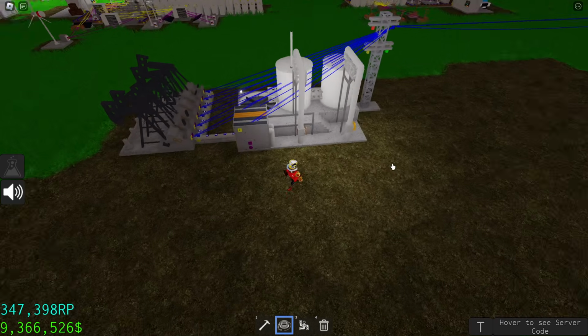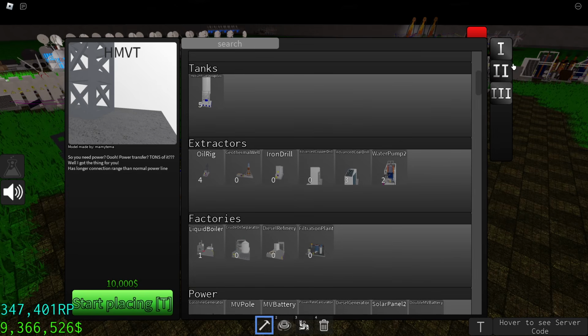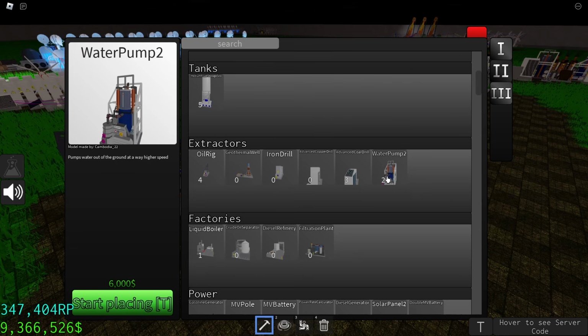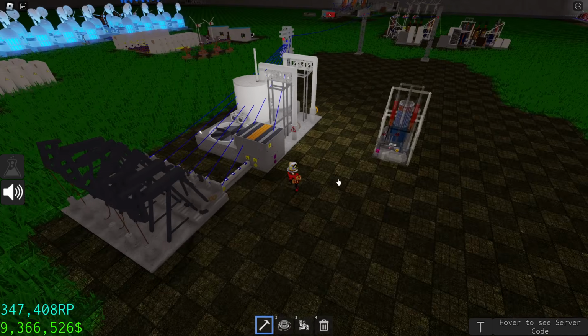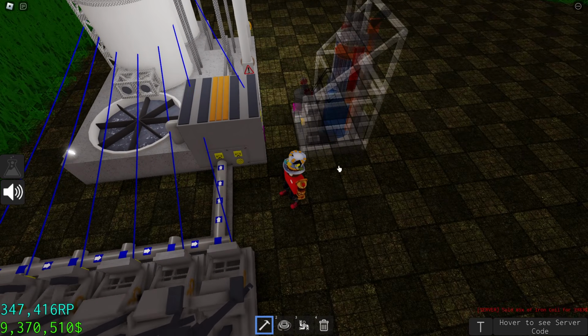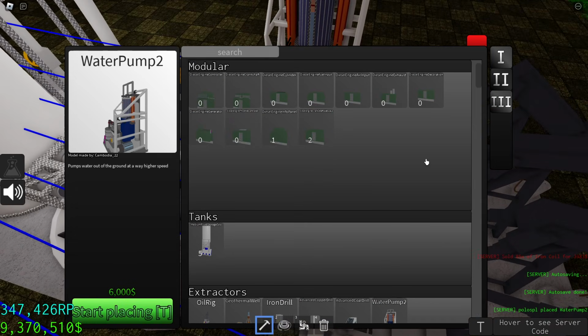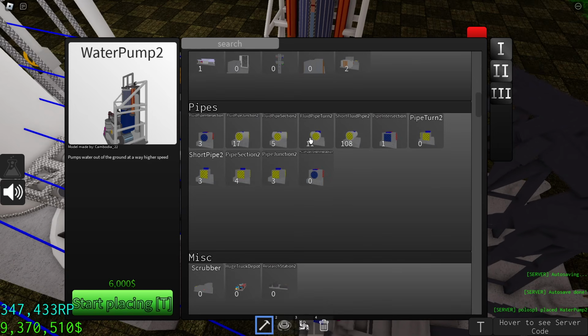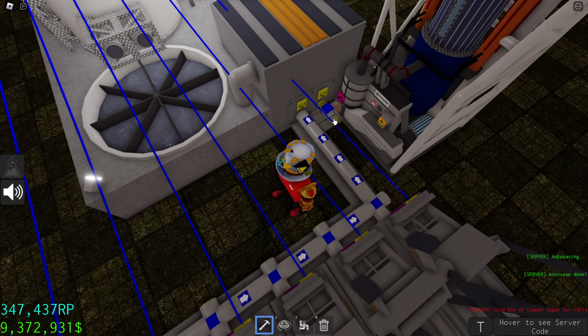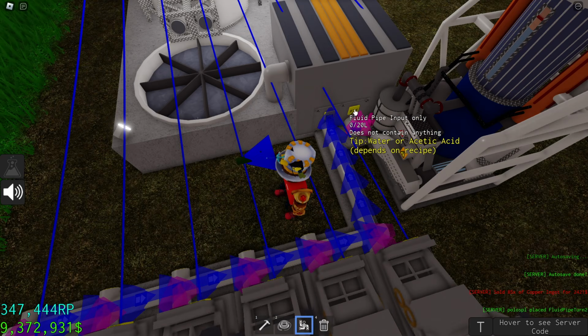After that you're going to have to place a water pump. I have to use the second one, it produces a lot of water. It's in the second tier. Just like that. And connect the water pump into the fluid piping.